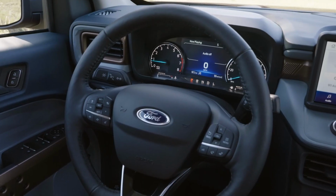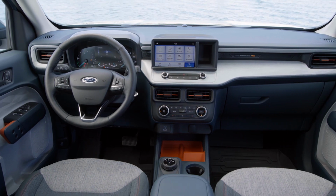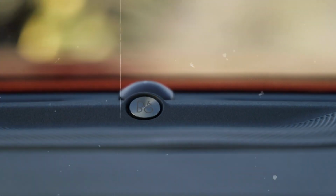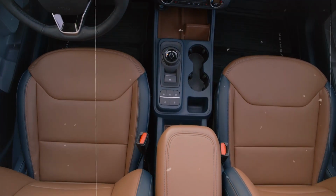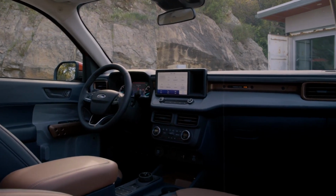$35,700. It's not cheap, but it comes fully loaded with features that make this pickup feel quite luxurious. First of all, there are convenience features, such as proximity keyless entry and push-button start, dual-zone climate control, power adjustable driver's seat, power sliding rear windows, synthetic leather upholstery, heated seats, heated steering wheel, and